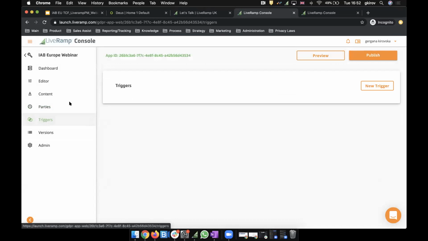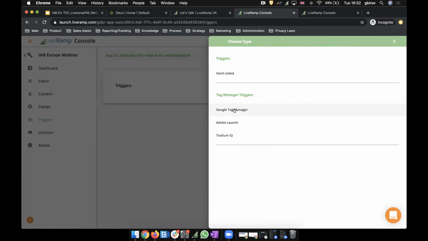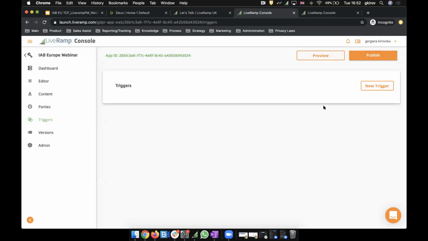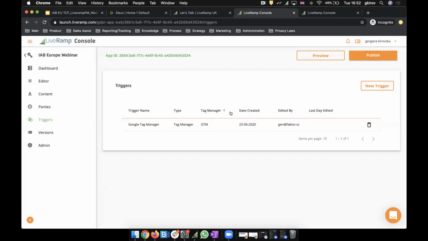Now, this is the interesting part. So when we get to triggers, I can easily create a new trigger. And I can say, for example, we have Google Tag Manager. Google Tag Manager is holding our tags. So I want to use the integration with the Google Tag Manager. By adding Google Tag Manager, what's basically going to happen is you would then go to your Google Tag Manager account and you will just say, I want all triggers to listen to LiveRamp Privacy Manager event. Just by doing that, the entire logic of having the right vendor and right purposes firing upon consent is already